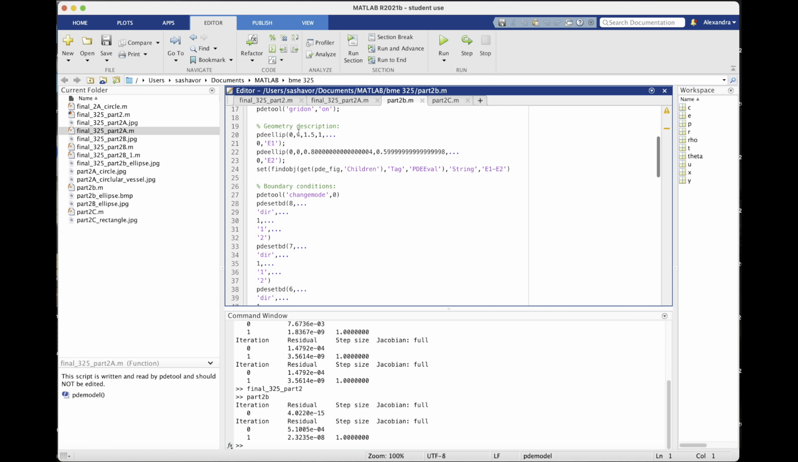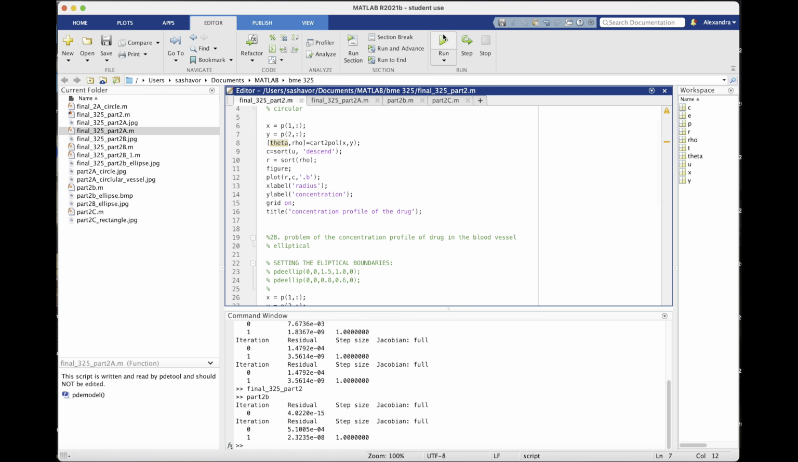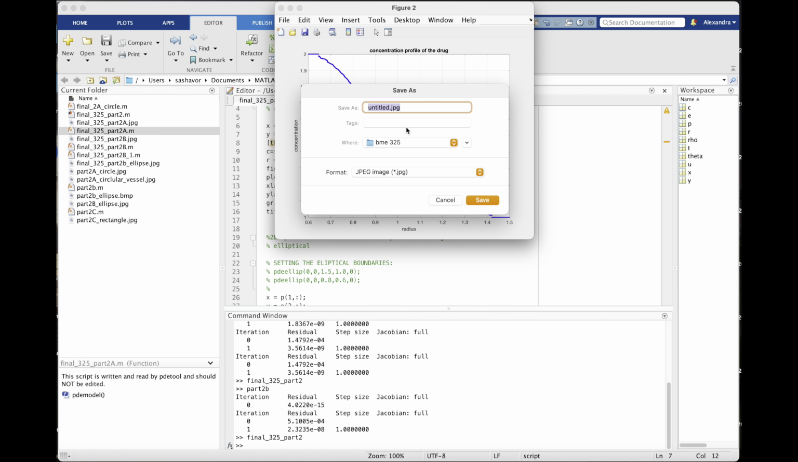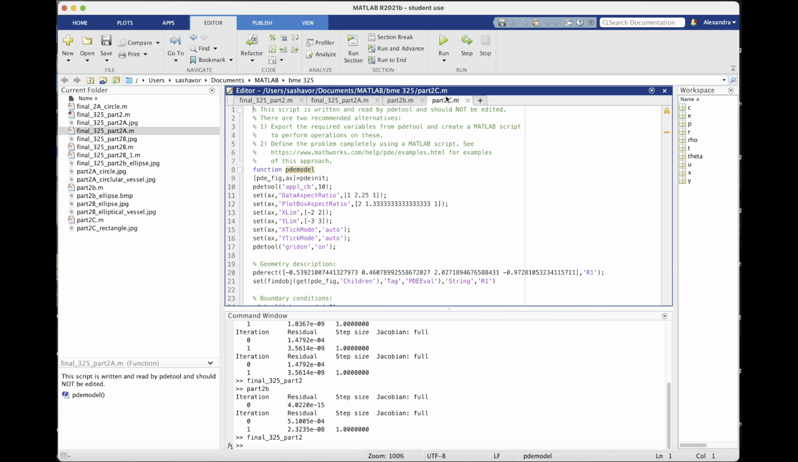And here we run the code once more. You can see the concentration profile has changed a bit. Not much, but it did change, and we're just saving them as part two, elliptical vessel. Save. And the final part was